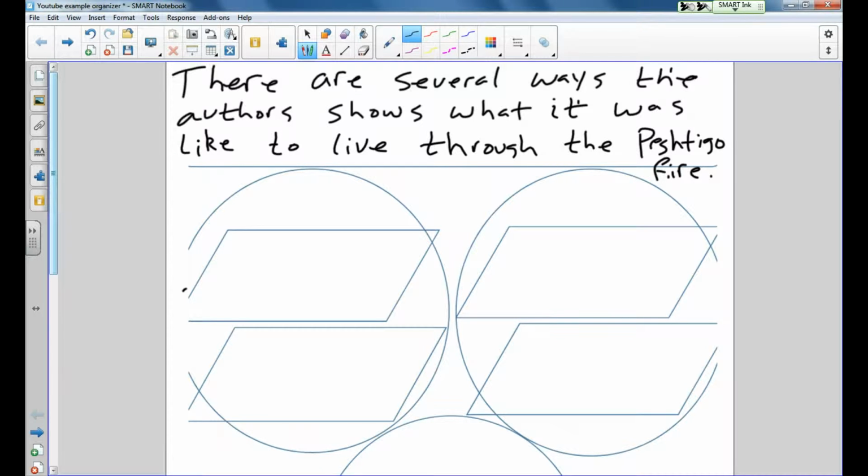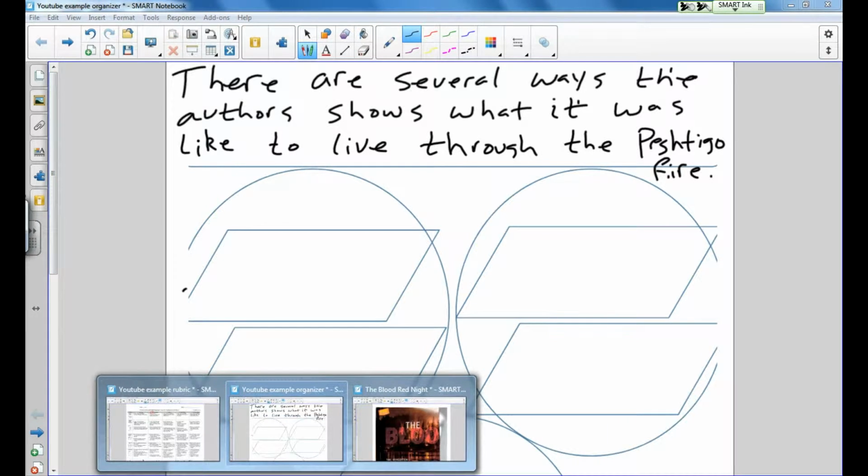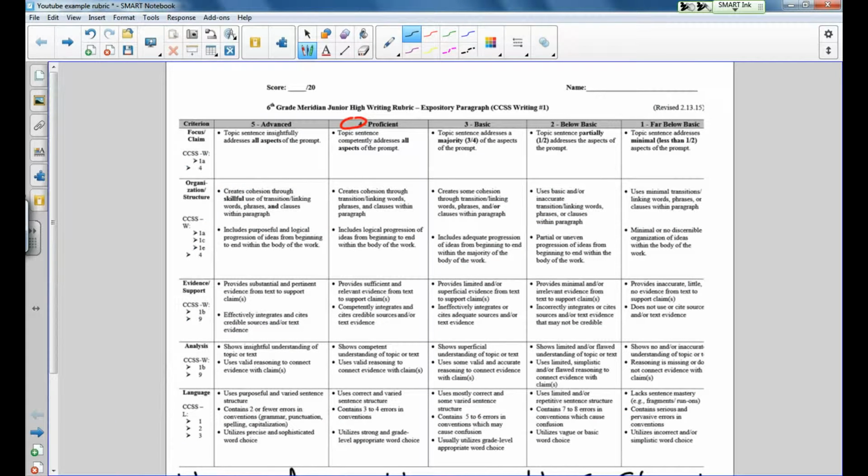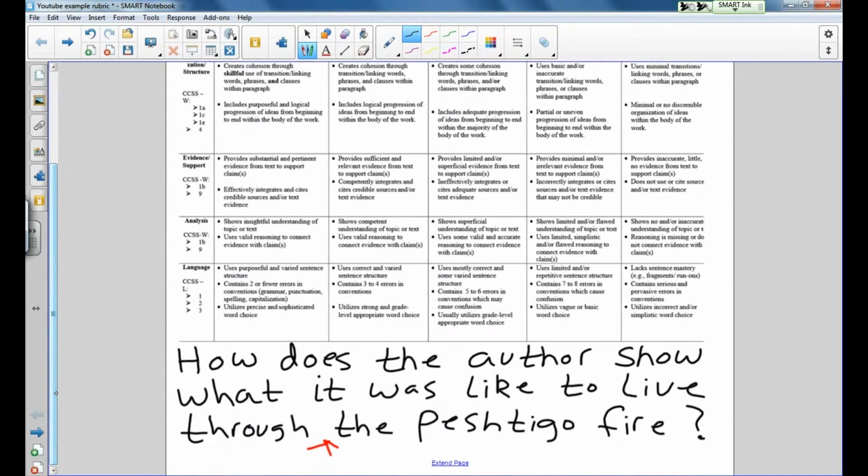Notice all I did for that topic sentence was change my question into a statement. So it's pretty easy to get a 4 on that because you're just turning your question right here into a